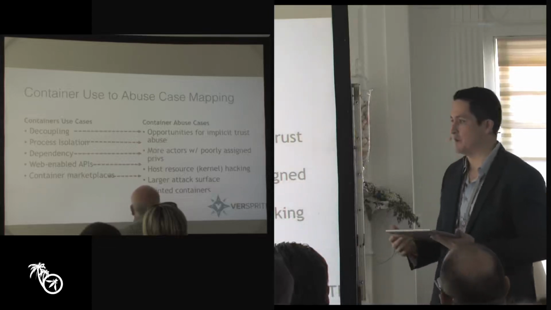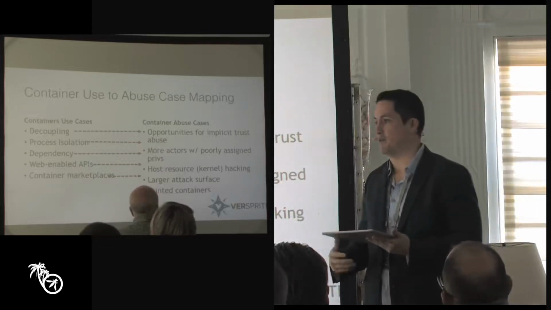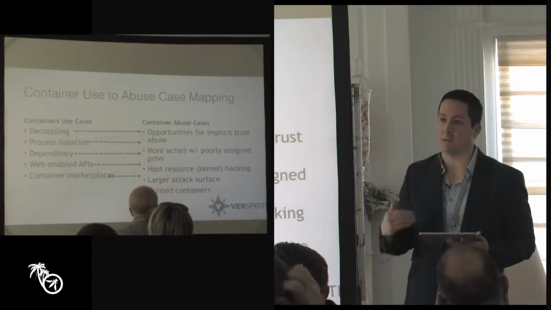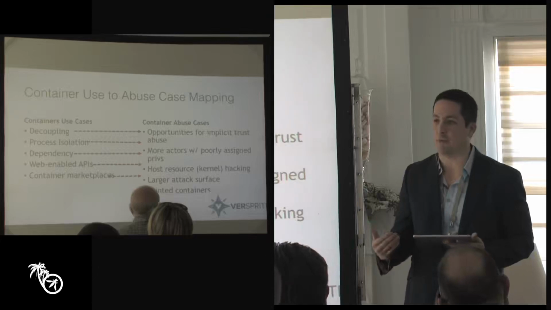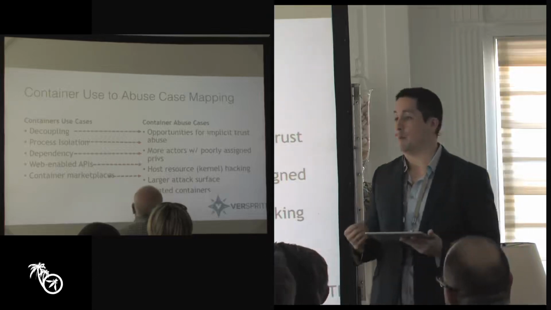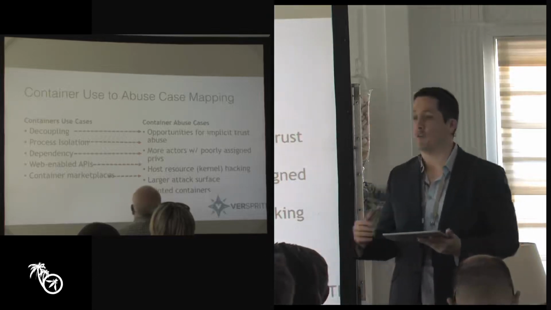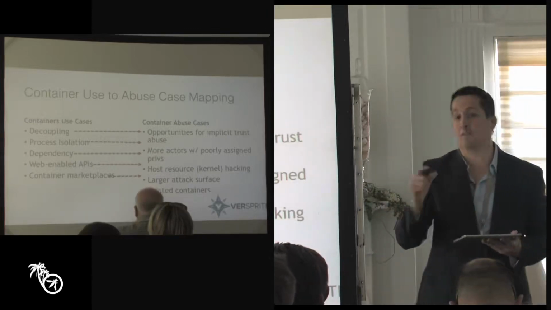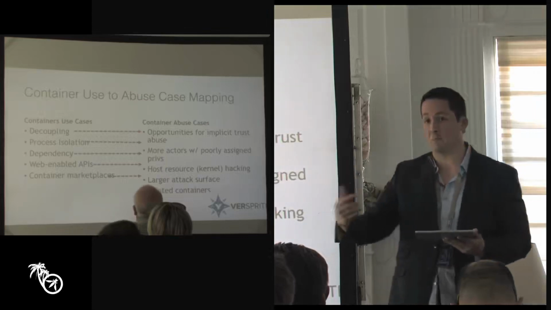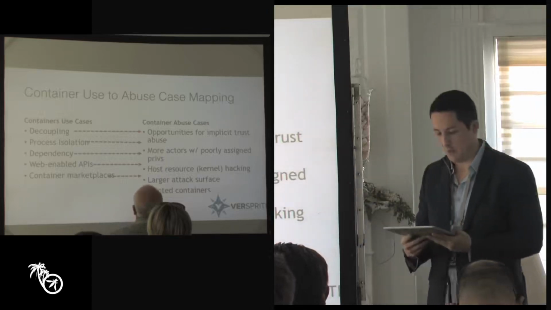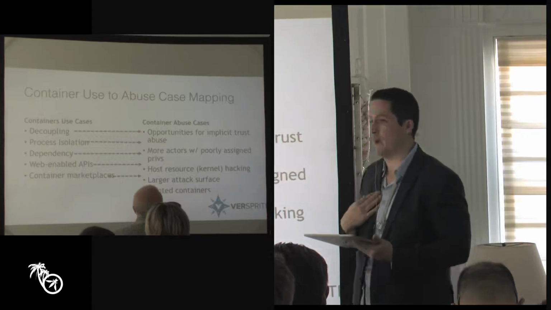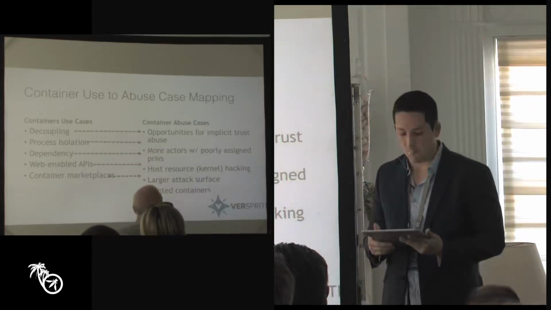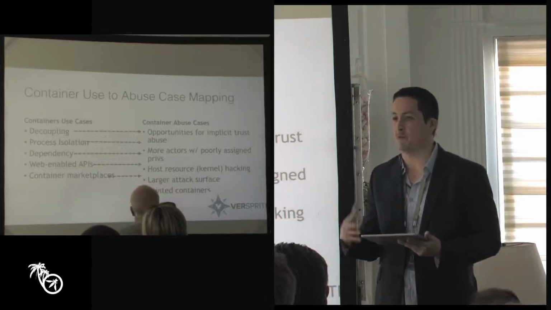Web-enabled APIs: the benefit here is that there are a lot of them. And as with any API, it inherently provides an opportunity for fuzzing attacks, with arbitrary commands introduced as part of the parameters that an API might be expecting. You can fuzz those parameters to see what the API responds with. And one of my favorites, because this is really the way I would go about it if I were a paid criminal, would be to taint the containers in public repos.